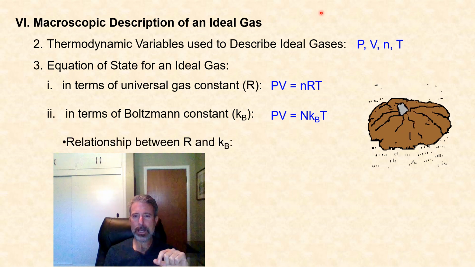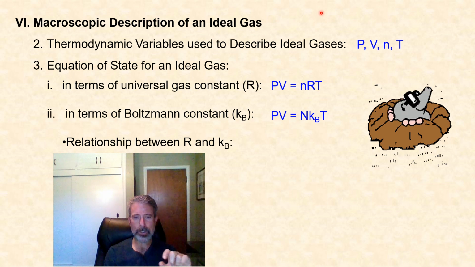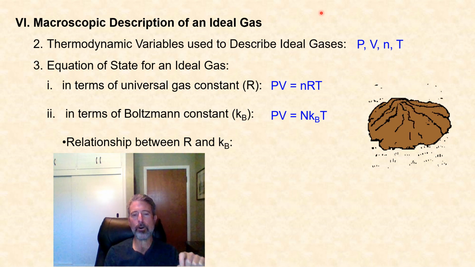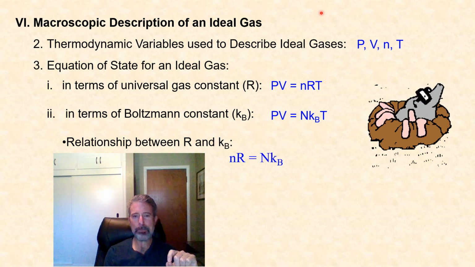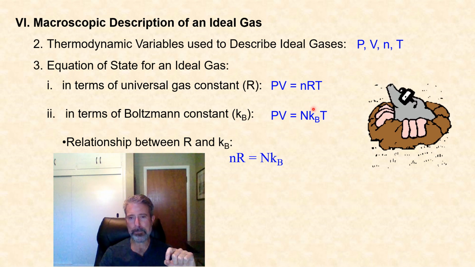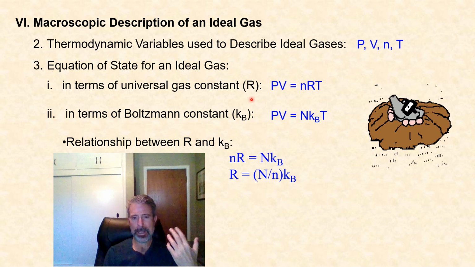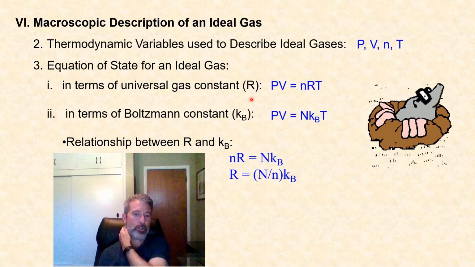And you see here that just setting these two equations equal, since they look very similar to each other, we can easily find how this universal gas constant R relates to the Boltzmann constant k, by noting that little n times R must be equal to big N times k,